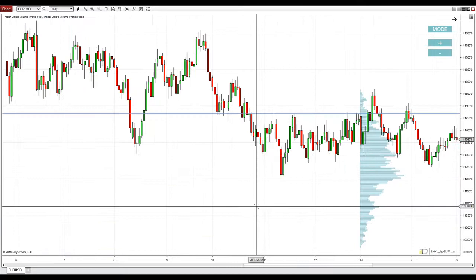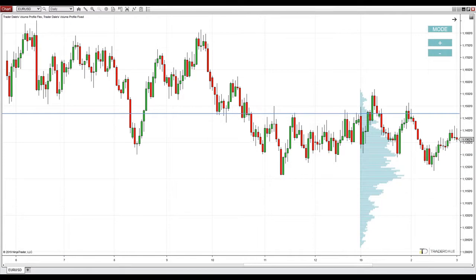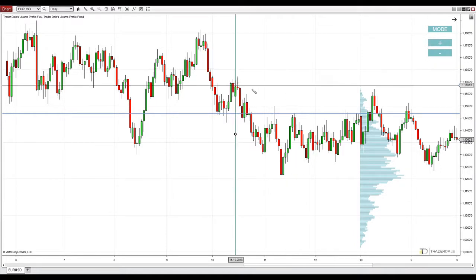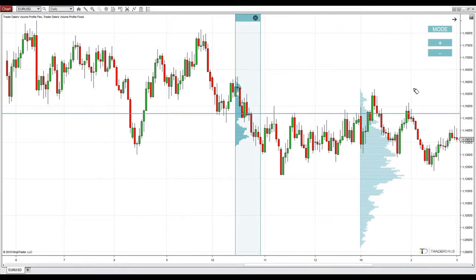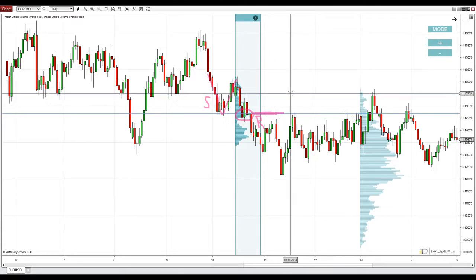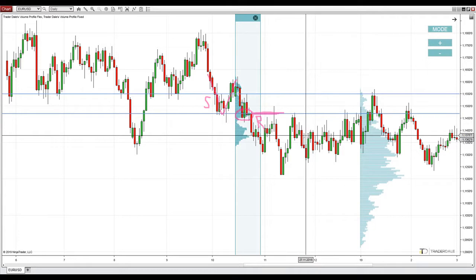Now the next trade which I took was also on the euro dollar. Right there was a strong selling activity, and within this selling activity there was a nicely visible volume cluster. In here, this one. Apart from that, the price also rejected this level in the past, meaning that it was a support, and when the price went past it, it became a resistance, so that was a confirmation of the level, right? So this was the short, the stop loss was above this swing point,